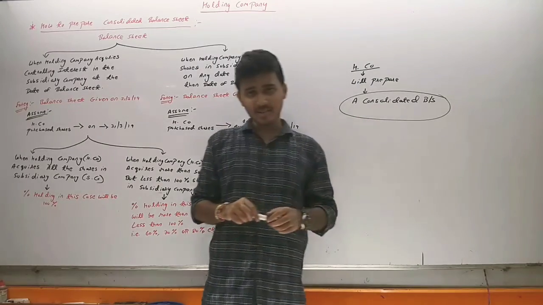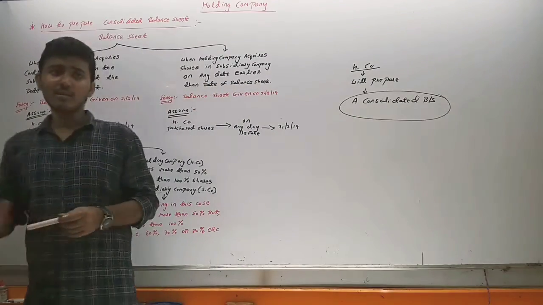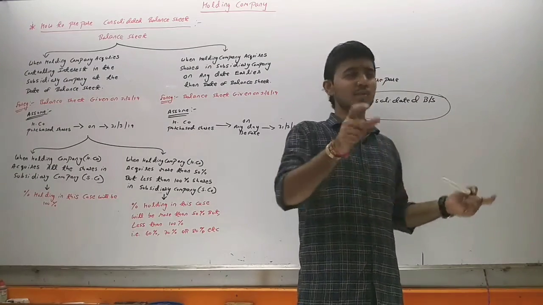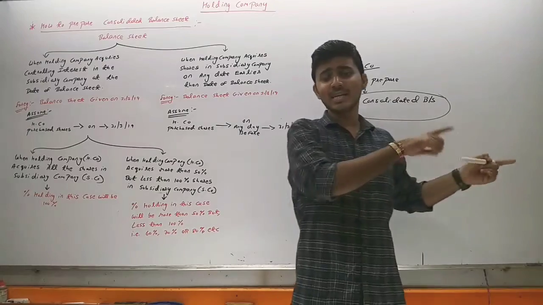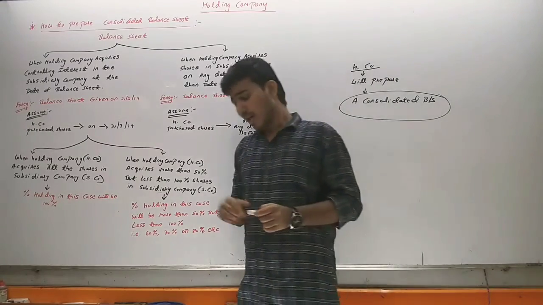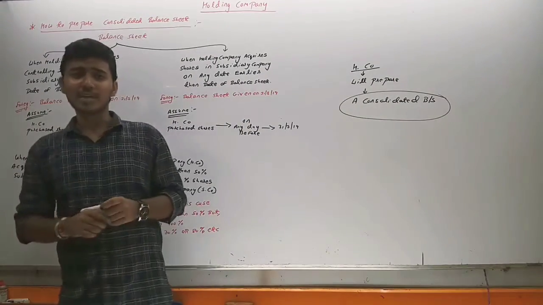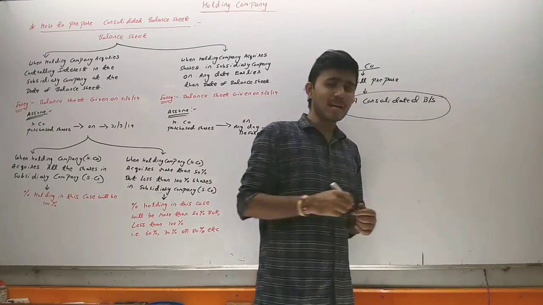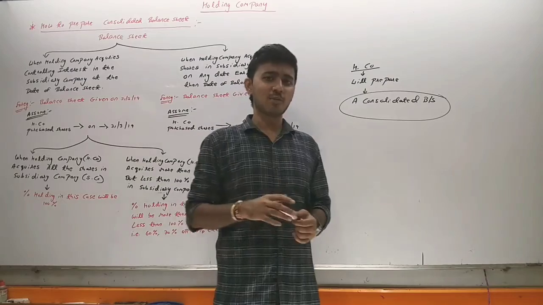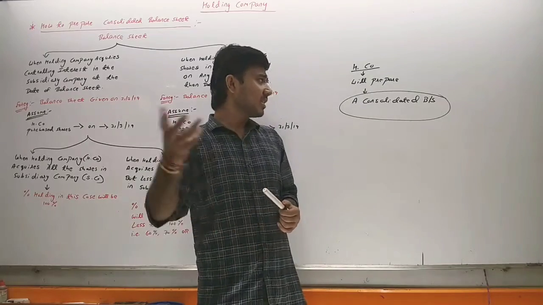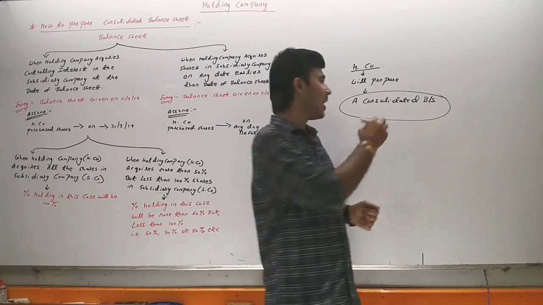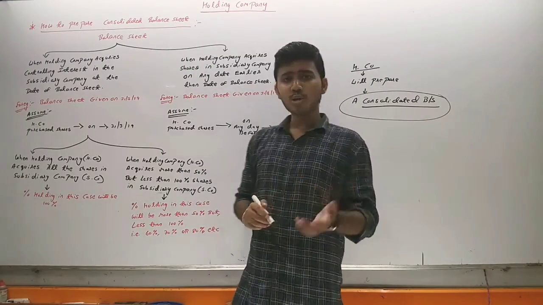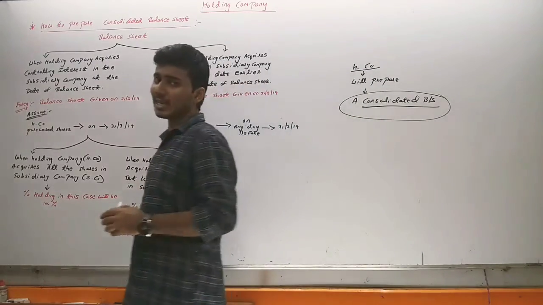In the previous lecture we have seen that any company which acquires more than 50% shares in another company is known as holding company, and that other company is known as subsidiary company. And as per Companies Act 2013, the holding company has to prepare a combined balance sheet, combined P&L, and combined cash flow statement, which means the holding company has to prepare a consolidated balance sheet if it acquires more than 50% share in the subsidiary company.